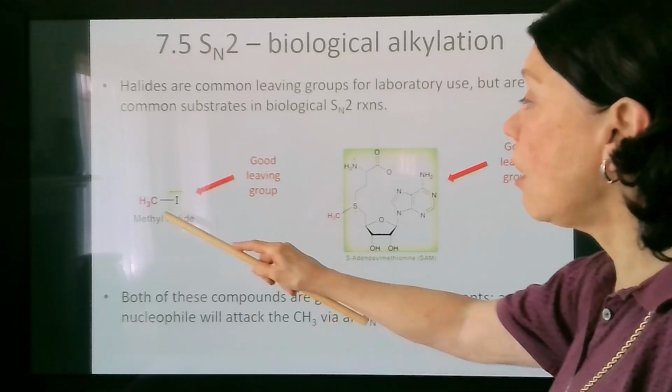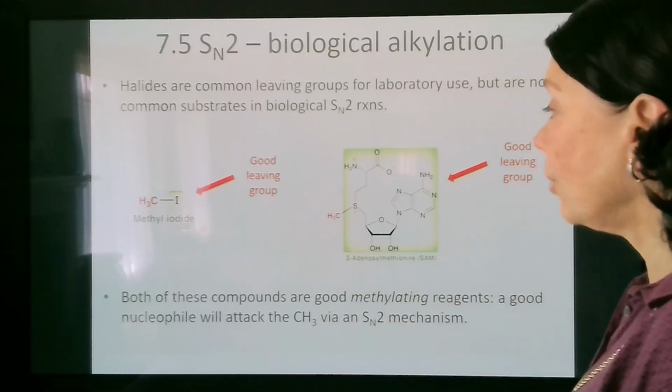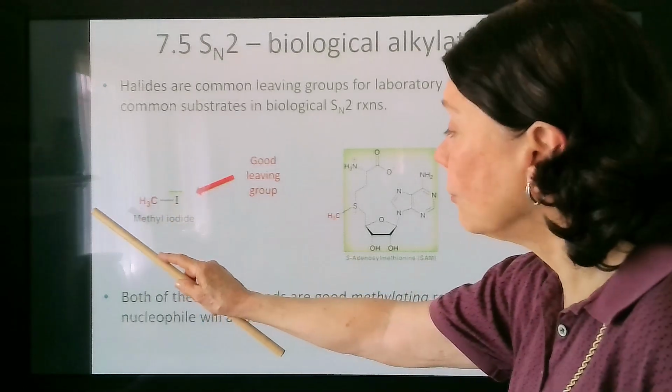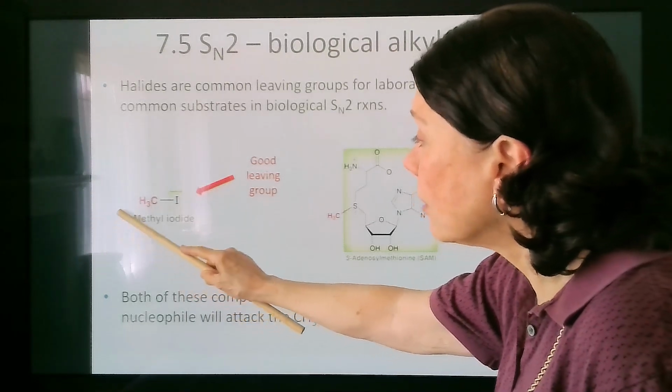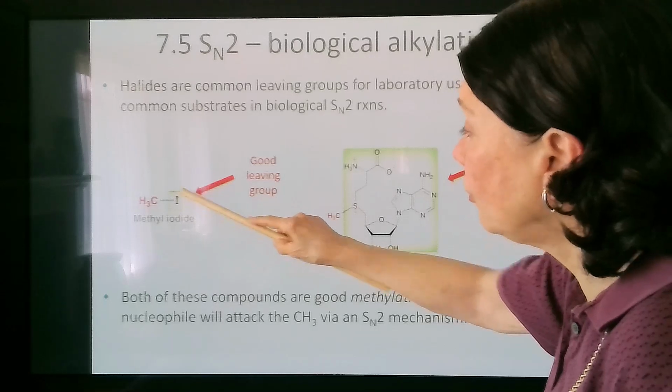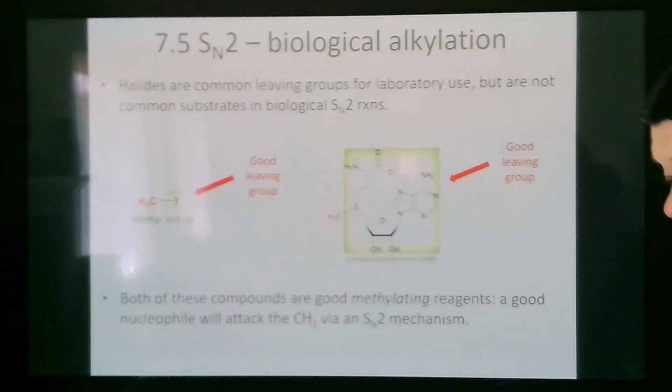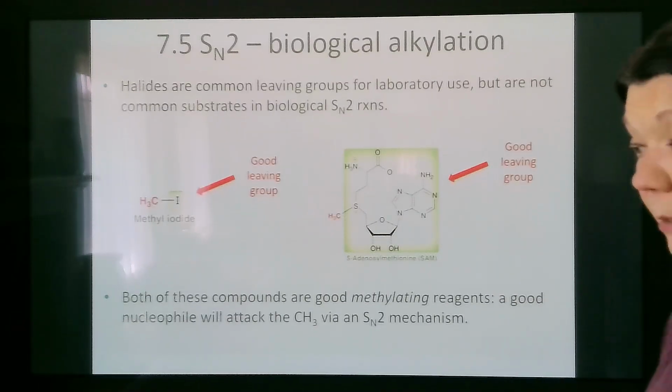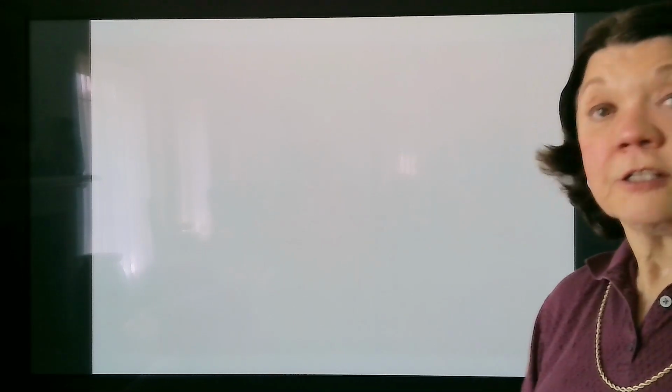So these are called methylating reagents because your biological molecule will come in and do an SN2 attack on methyl, and you've got a good leaving group, and so it will simply depart. So those are the first 5 sections, and now we'll go on to the